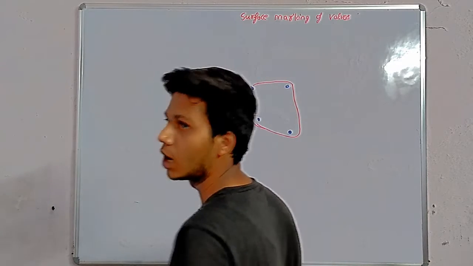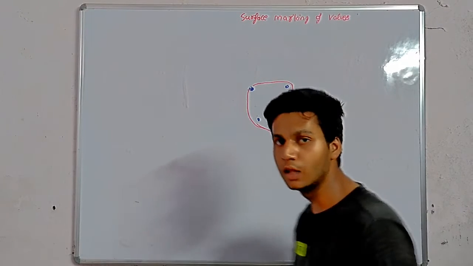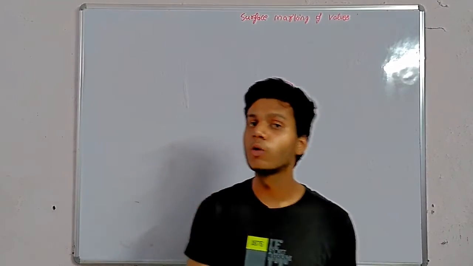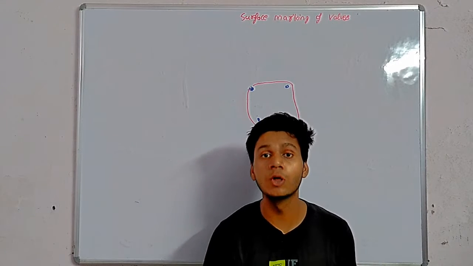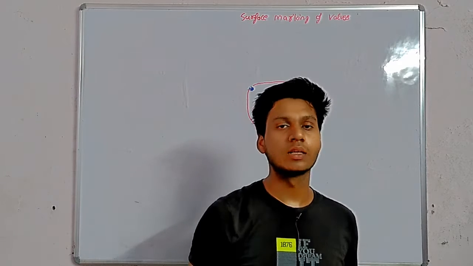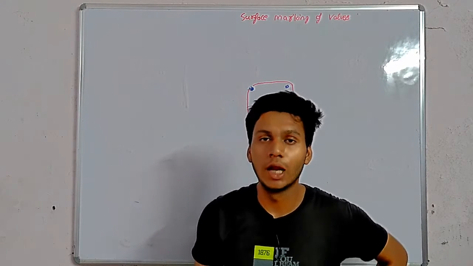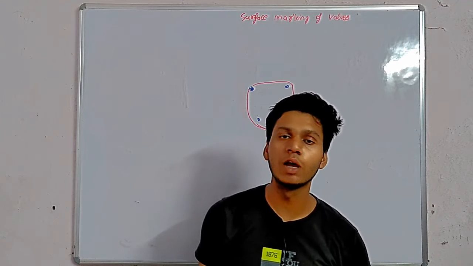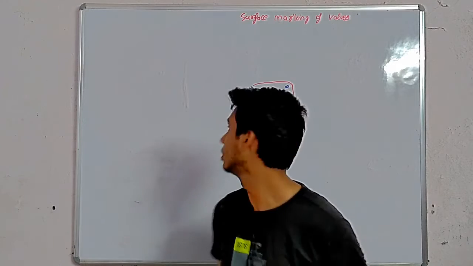So there are 4 heart markings, which is important. We know there are 4 valves. The first is the atrioventricular tricuspid valve, which is present between the right atrium and right ventricle and produces the first heart sound, lub. The second important atrioventricular valve is the bicuspid valve, the mitral valve, which is present between the left atrium and left ventricle.